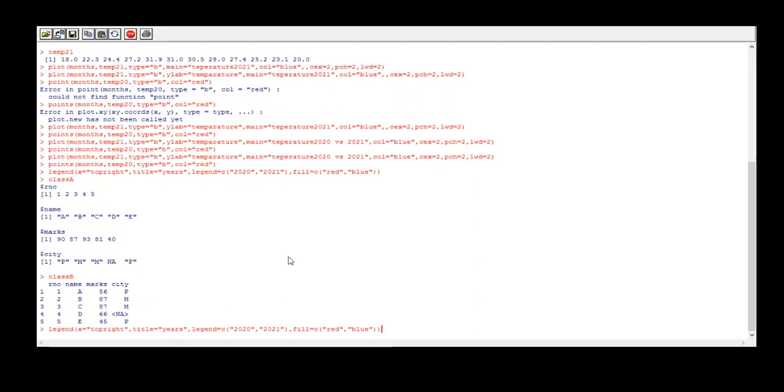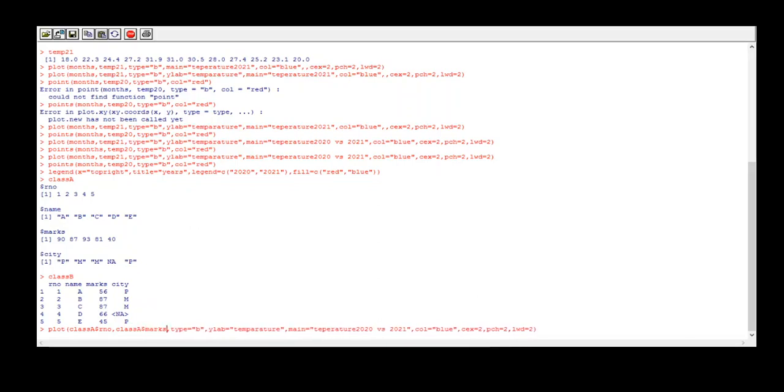Let's use the plot function. My x-axis input values are class A roll number. I'm taking roll number from class A. Then my y-axis values are class A marks.